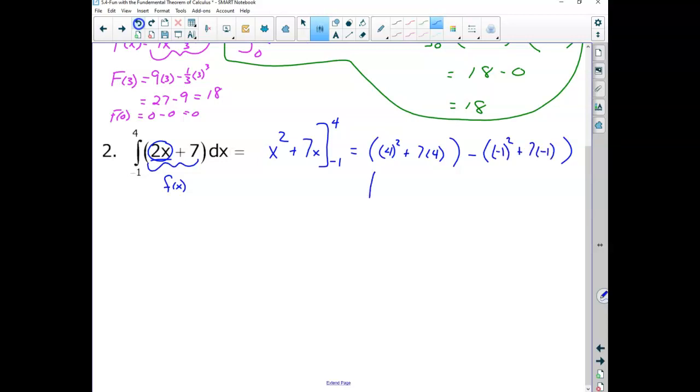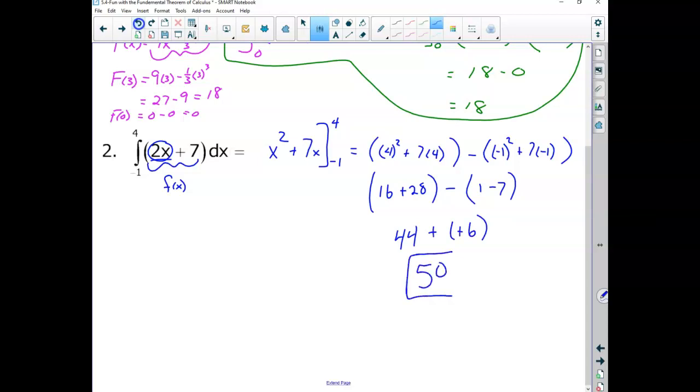And this is going to give me 16 plus 28 minus 1 minus 7, which 16 and 28, what is that, 44, I hope, minus negative 6 and double negative, well, that gives me 50. So I can finally evaluate now some definite integrals